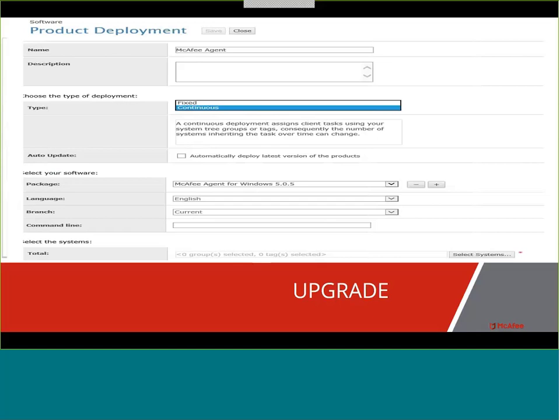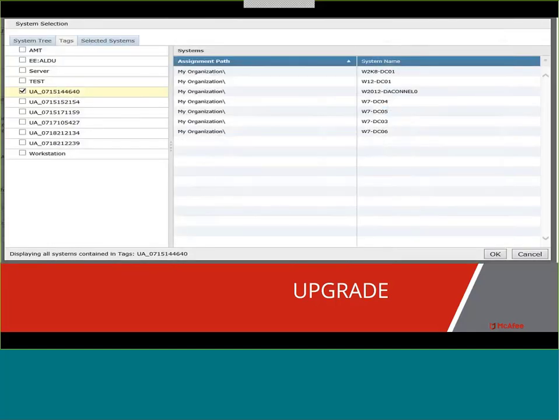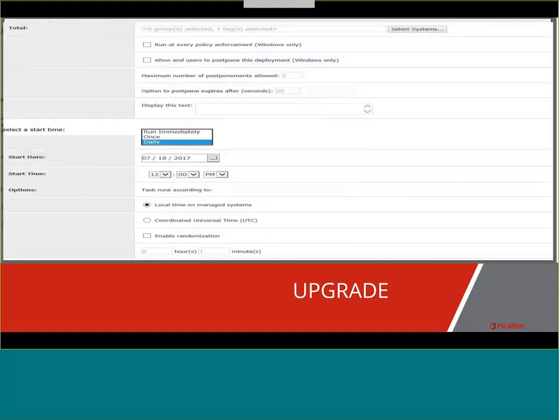You're going to pick your package as to what you're going to manually upgrade, and then you're going to select your systems. And here you're going to simply select the tag that you created for this. When you created it and created your packages, select which one you want to deploy, click OK, and it will take you back to your page where you continue down the fact that you want to run once, run immediately,